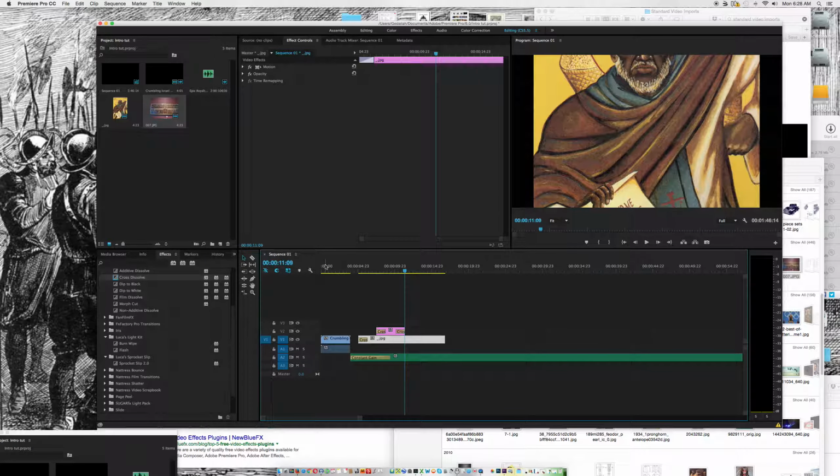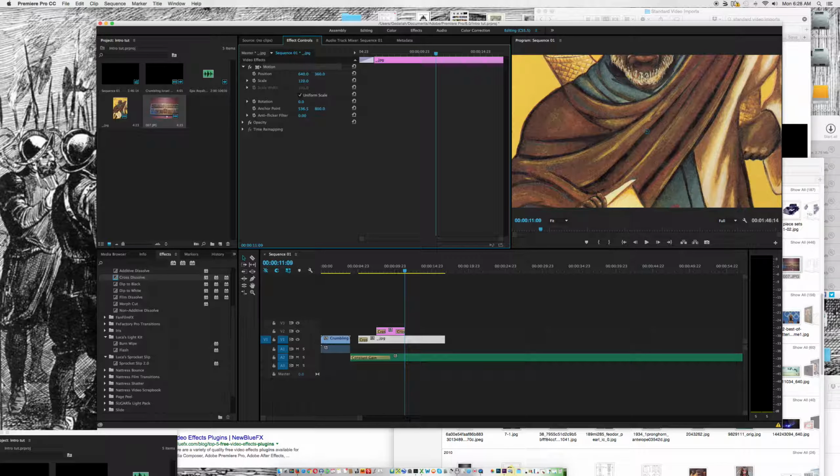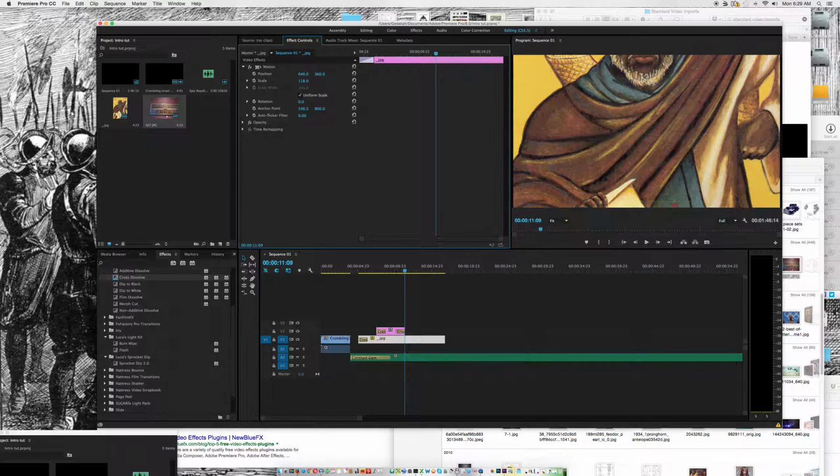So I'm just showing you the different ways you can do it, just so you know what you can and can't do. Now what I just did here is I went to the effect controls of the image and scaled it. You can scale. I just click and drag. You can input the numbers yourself,